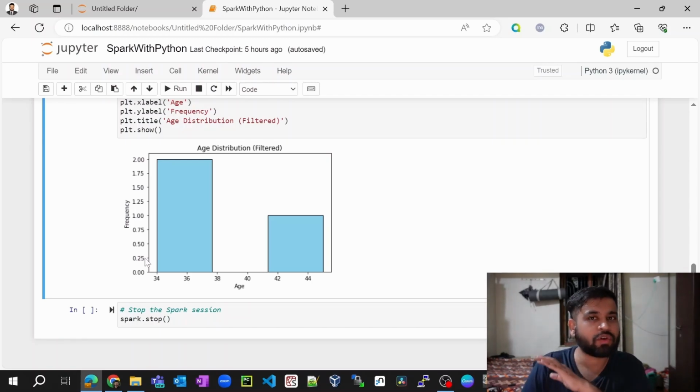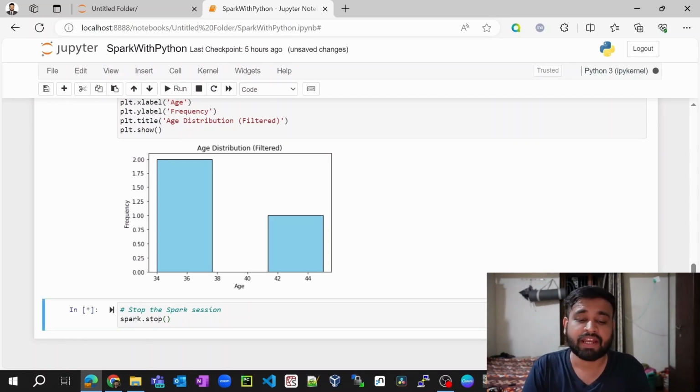And here, once you have everything cleared, you can simply stop the Spark session so that it will not consume any resources on the server. This is very simple, and you can play around with your data and try out some other libraries as well, and also let me know in the comments what your findings are. I hope you understood how to build an Apache Spark application using Python, and also how we can use other libraries to integrate with Apache Spark and get the benefit of distributed computing here.